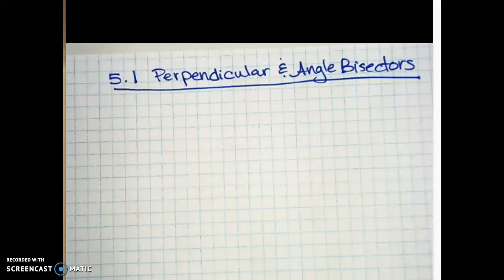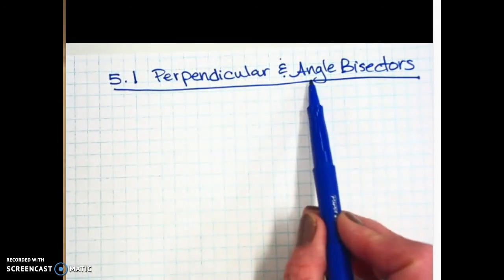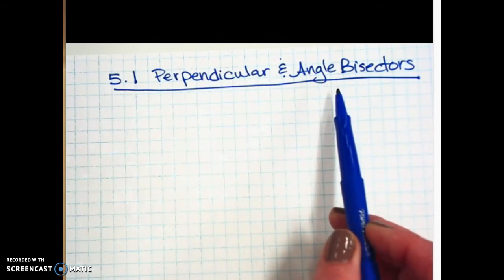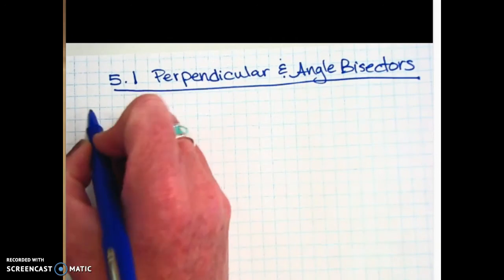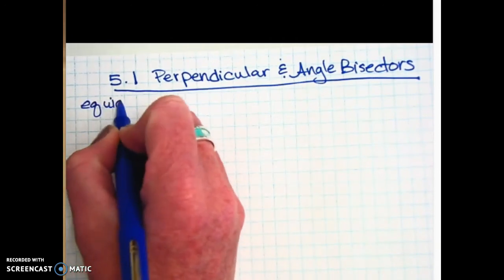Section 5.1 is called Perpendicular and Angle Bisectors, and you guys should already have a rough idea of what those are because we just did constructions on them, right? We did a perpendicular bisector of a segment, and we drew an angle and bisected it using the safety-based compass, okay? So some vocabulary words that are going to come up in this chapter are the word equidistant,